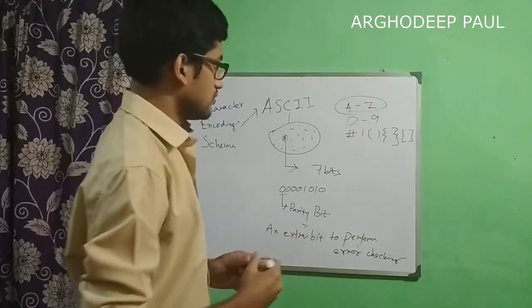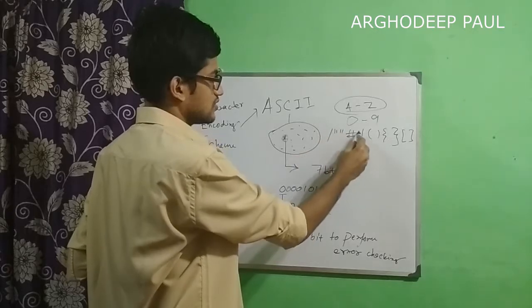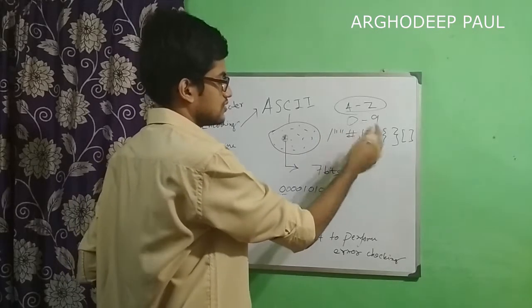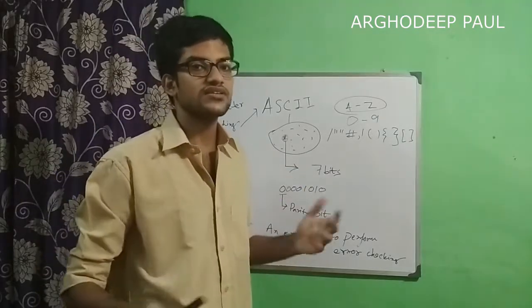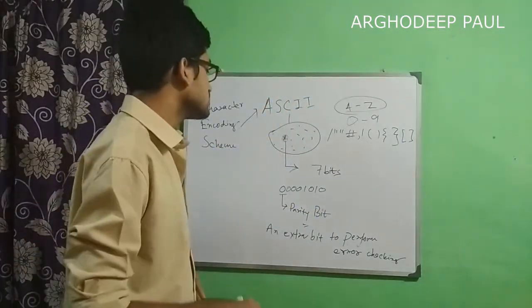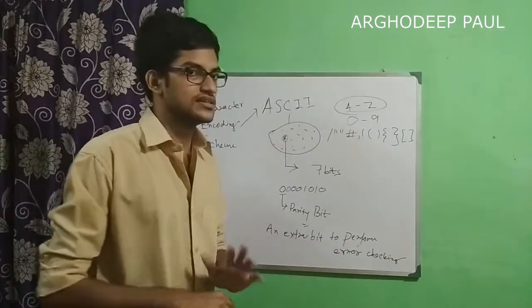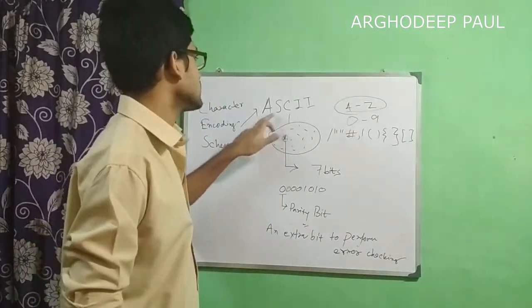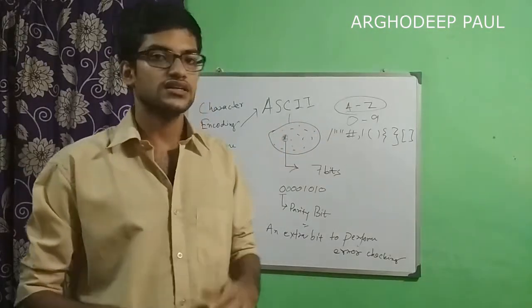So for now, also quotes, comma. You will find all of those special characters on your keyboard. For now, let us just gather the total details. What is ASCII? ASCII stands for American Standard Code for Information Interchange.